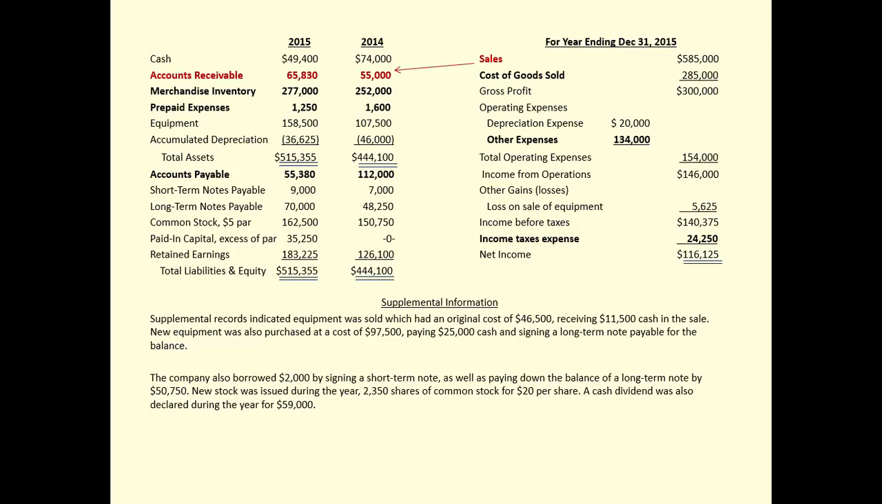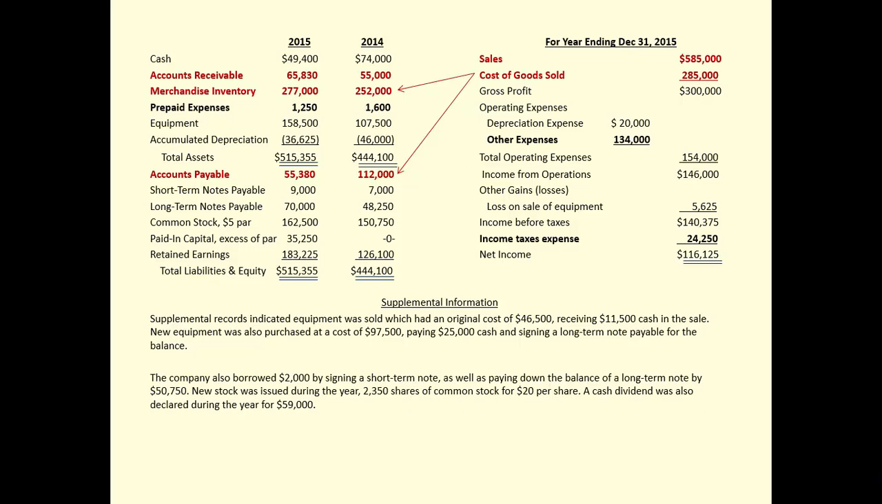Okay, sales. What's the direct relationship? Accounts receivable. Cost of goods sold, what's the direct relationship? It's going to be two. It's going to be merchandise inventory and accounts payable, because that change, how we're going to recreate this, you'll see